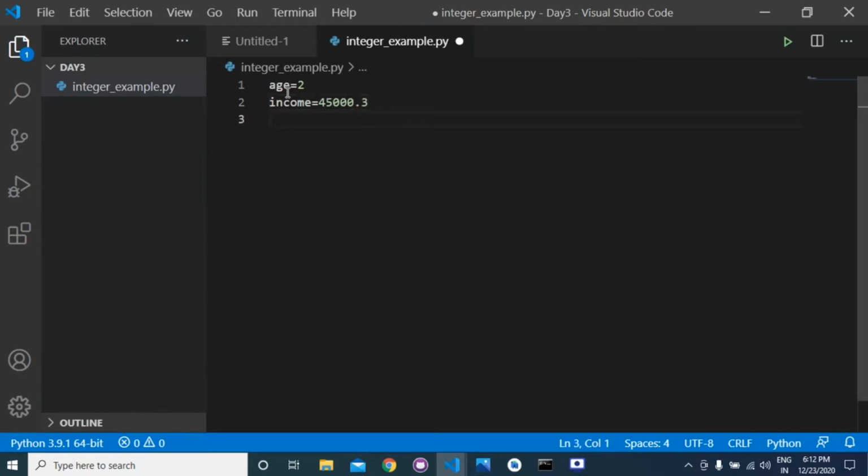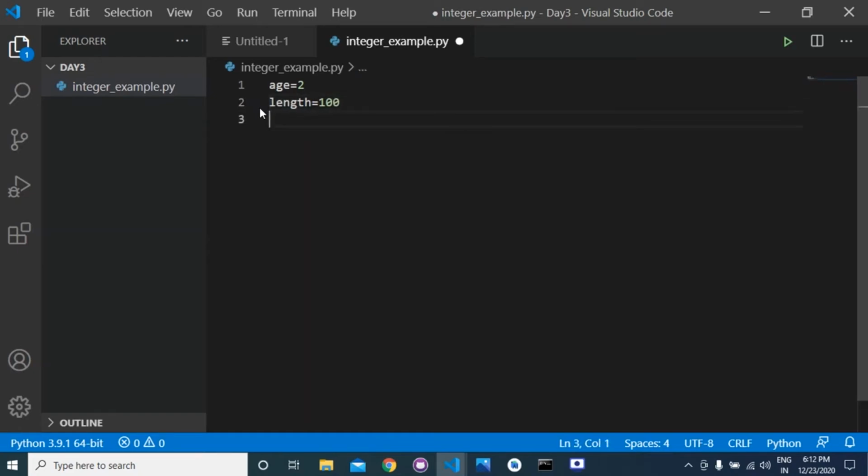So actually this is a float, so I will not give you the example of float here. Similarly, length is equal to 100. This is again an integer data type.